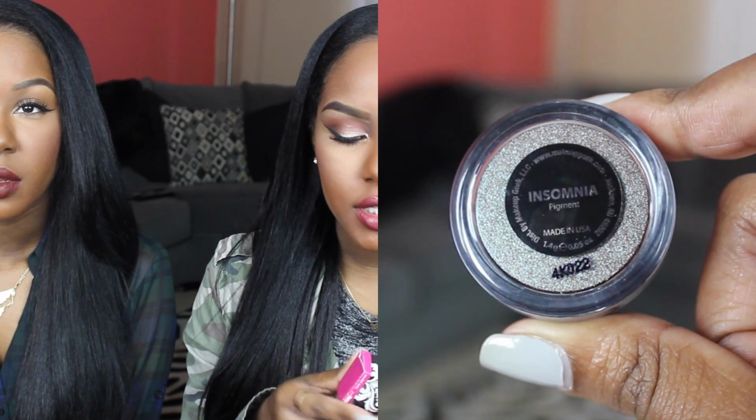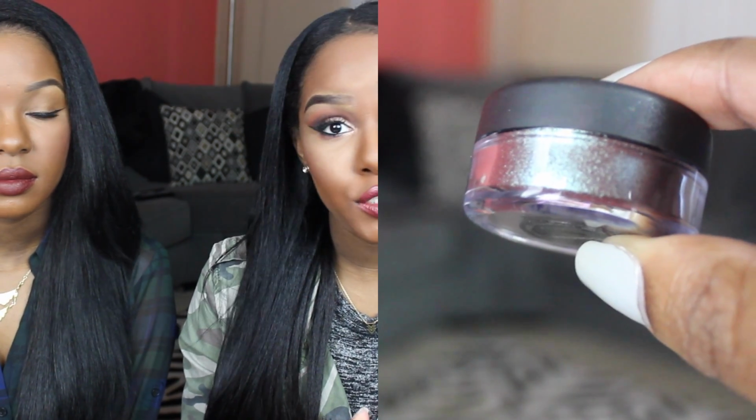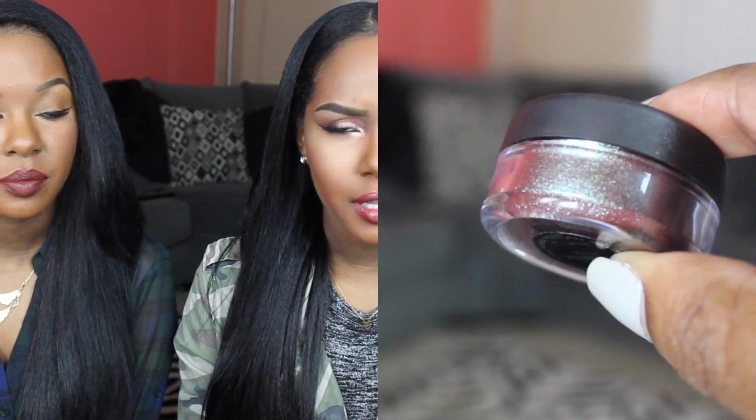things about her pigments. The 2 colors I got are Insomnia, which is a really pretty turquoise color with purple undertones in it. I did a tutorial with this, and a lot of you guys seem to like it, so I'm already obsessed with this color. I think it's a dupe for MAC's Black Brown or something. Blue brown. I can't remember the pigment. Y'all will let me know down below, but it's a dupe for one of the MAC pigments, and I saw